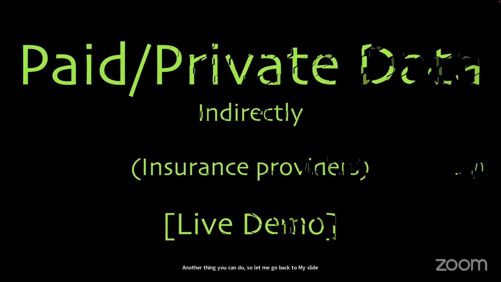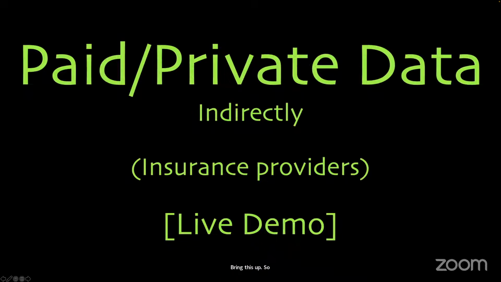I'll bring this up. So there's a lot of paid private data which large organizations gather. Anytime you sign up for something or the government collects your data, like DMV data. I read an article that the California DMV makes $5 million a year just by reselling your data, which you think they're not going to resell, but they are. So your home address, anything you give to the DMV is sold for millions of dollars, literally. That data is not public data, but there is a way to kind of query it. I found many methods, and I'll show you one.